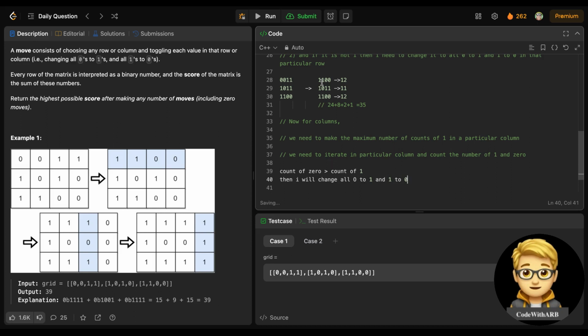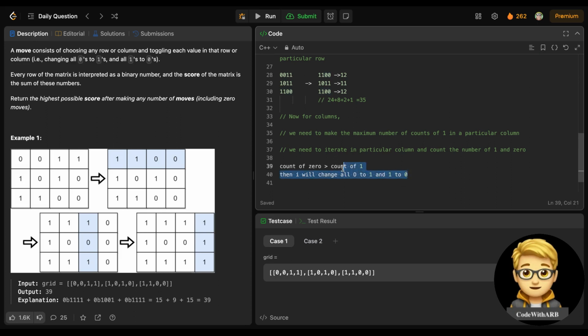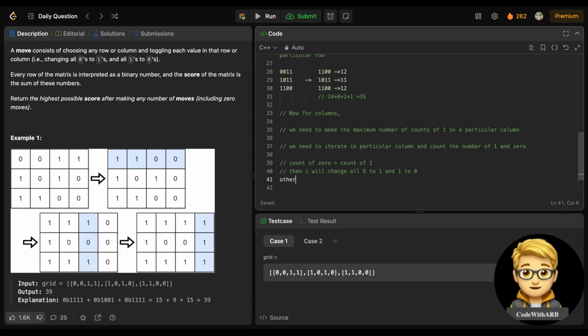Why? Because I need to maximize the number of ones for a particular column. And if it is not, then we don't do anything. Otherwise we will leave it,